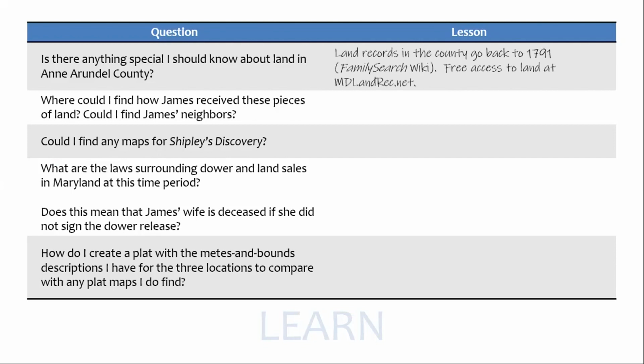The first one, is there anything special I should know about land in Anne Arundel County? Well, first of all, land records in the county do go back to 1791, and I found that at the FamilySearch wiki, and that there is free access to land records at marylandlandrec.net, so that's really good news. That means I can find a lot of land and keep going back to land records over and over again